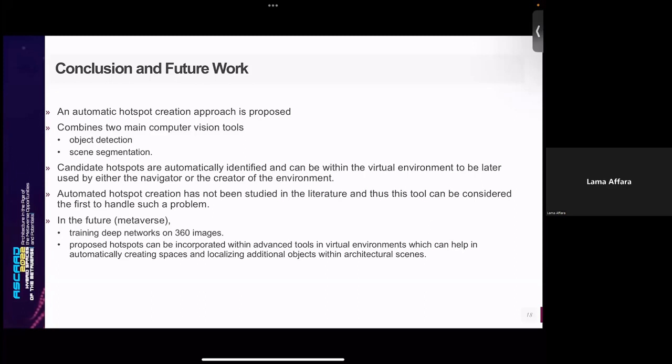Based on our research, we found that this automatic hotspot creation has not been studied enough in the literature, and that this tool can be considered to be the first to handle such a problem. In the future, we could work on training the deep networks on 360 images instead of having the pre-trained 2D images network, and basically propose hotspots that can be incorporated with advanced tools in the virtual environments and incorporated in the IDEs that the virtual environment creators can use automatically